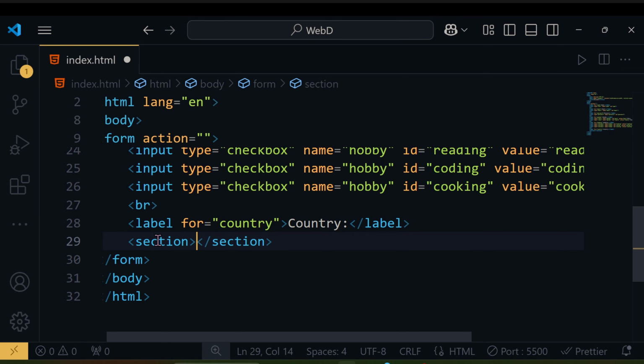And inside we can write here id. There is no need of id right now, so here we can write options, and in options we can add value India, copy paste, we can write USA, and here we can write UK. That's it. Now we can create text area,